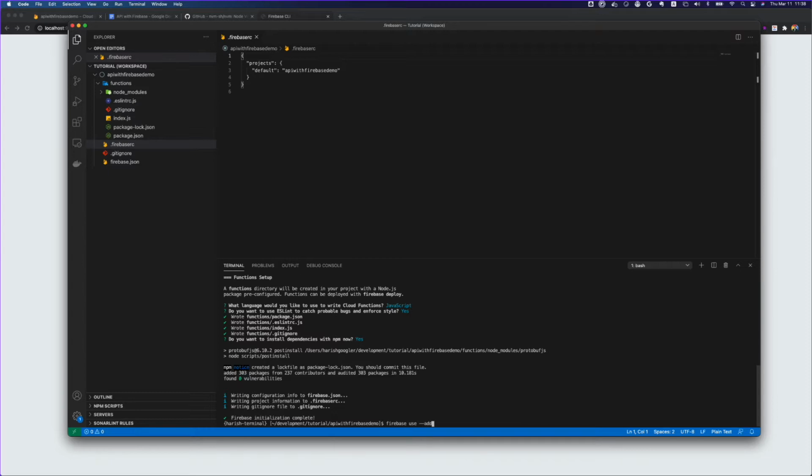If I do this command, I can add another project, and for that project I need to create a tag. So right now it's default. I can very easily have something called maybe a production project, or test project, or development project.